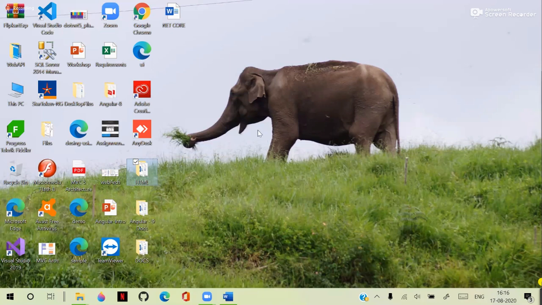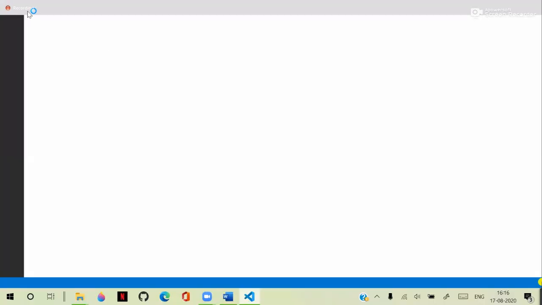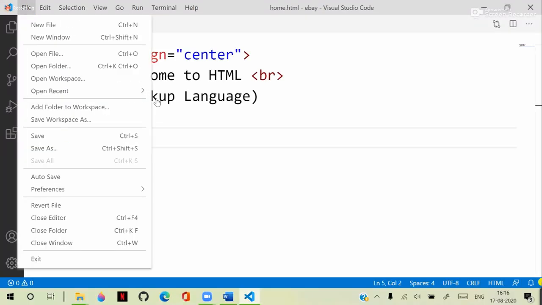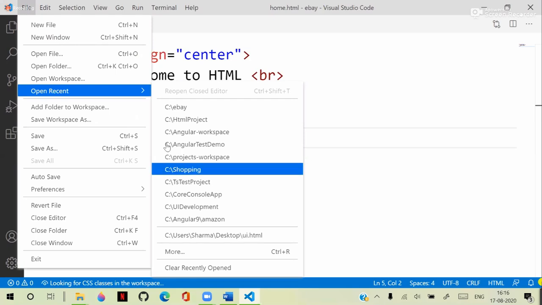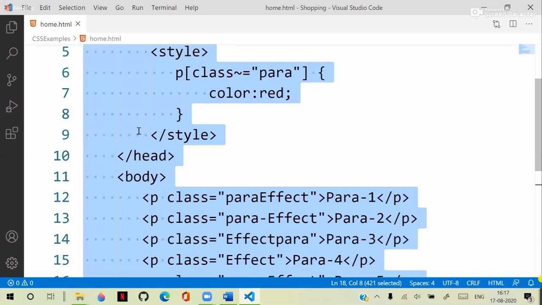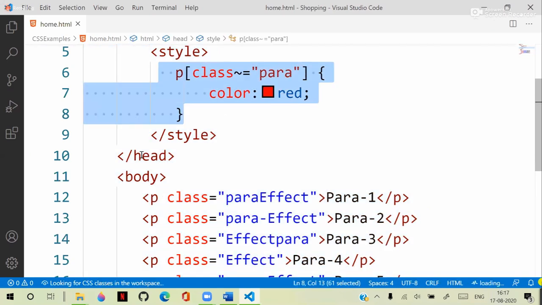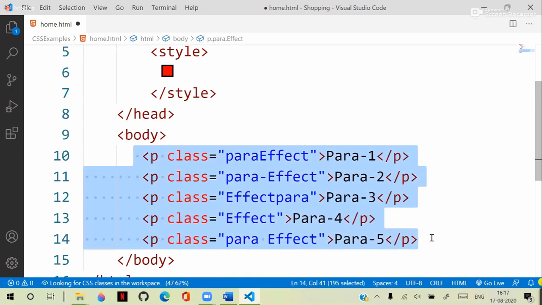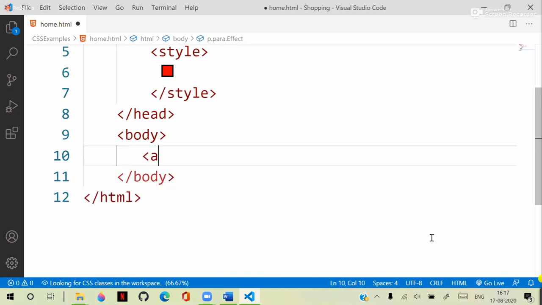So here we have some links configured. Let's add a link here. So anchor, href is equal to